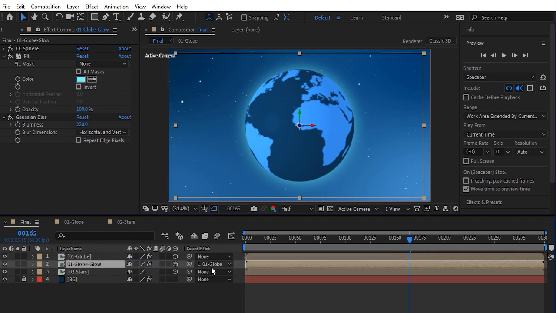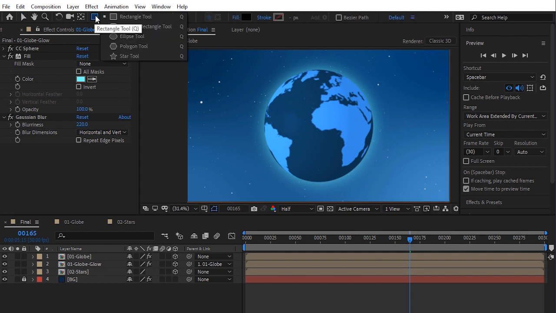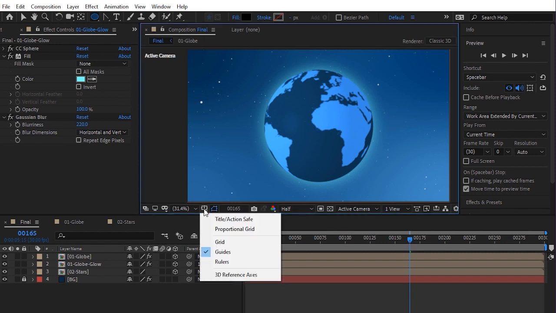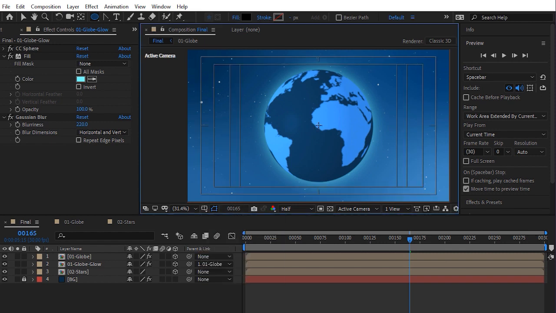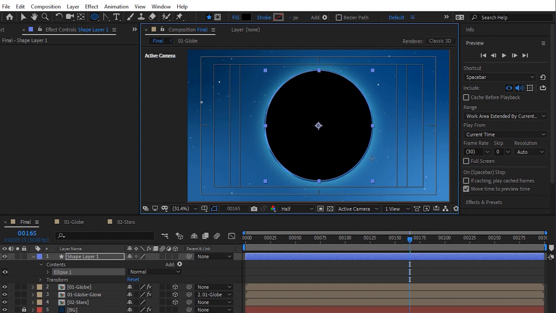Now as you can see, globe glow is parented to globe composition. Now I want to add a shadow effect to the left side of this globe, something like the shape of the crescent moon. So let's select this ellipse tool. To find the center of the screen, let's use this title action save tool. Click on this crosshair lines, then hold Ctrl-Shift keys together to create a perfect circle based on the point you